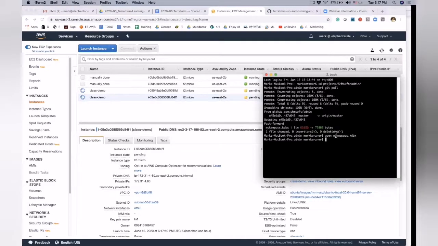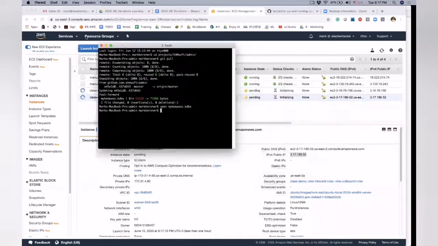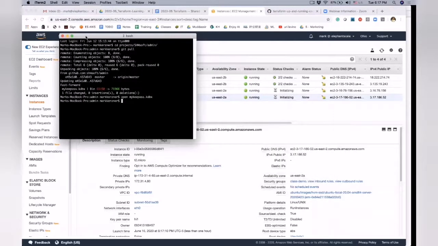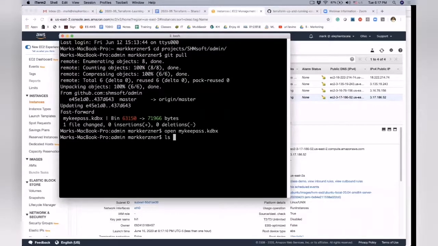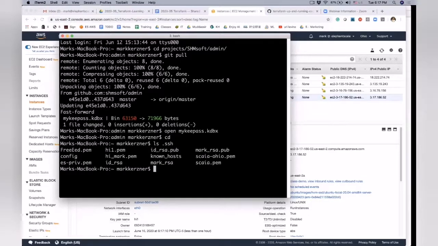I'll make it bigger so that you can see what I'm doing. I'll check that I have my keys. Let's look in .ssh, right? And I have this H1 key right here. Okay. And so I can do ssh -i